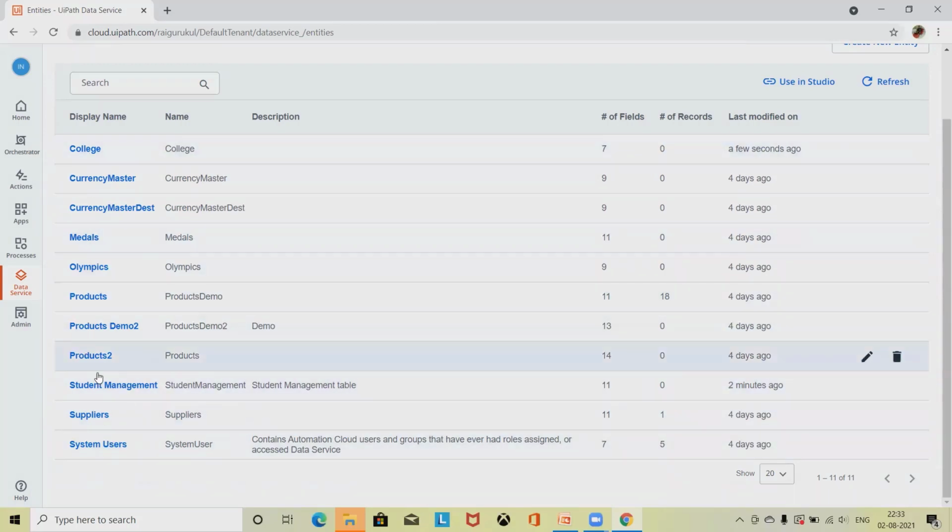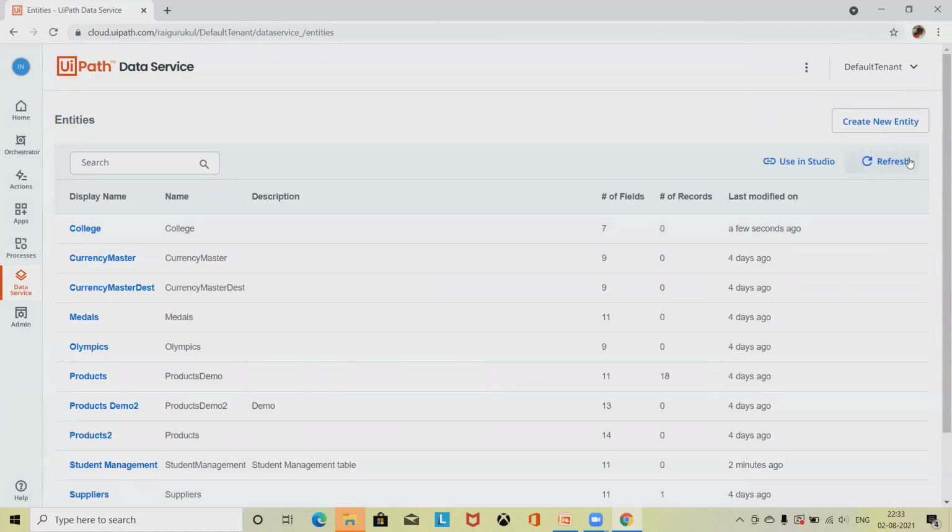Because of that, we can call both the values together. So this is how we can create the components or tables or add the attribute values inside data services.